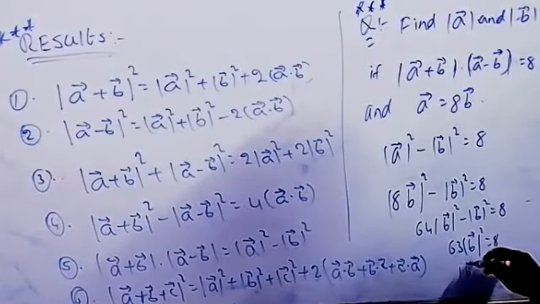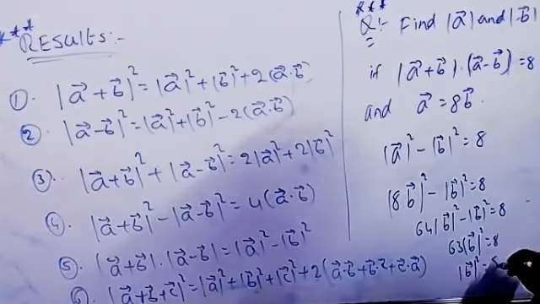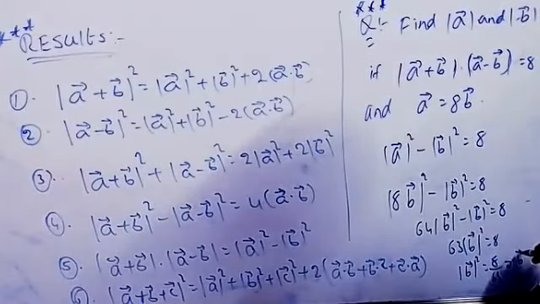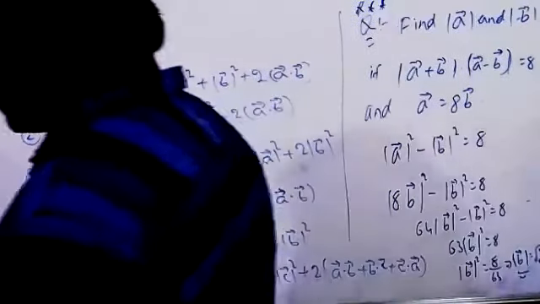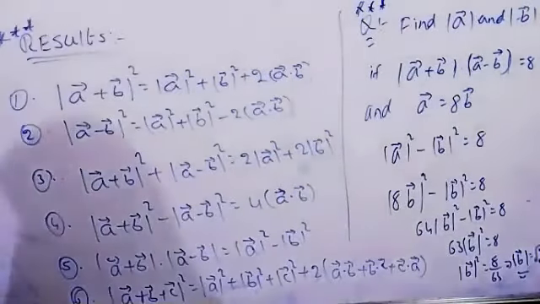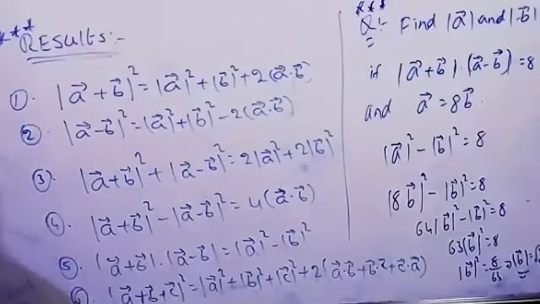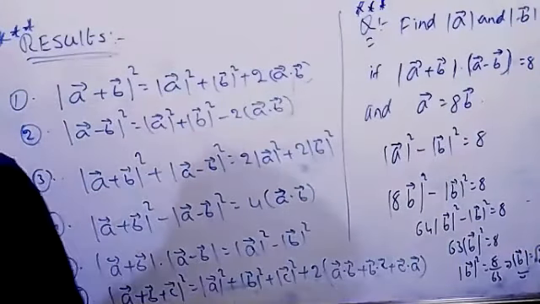Then you can write the magnitude of B square equal to 8 by 63. That implies the magnitude of B equal to square root of 8 by 63. One of the values. And this you can substitute in this equation, A is equal to 8 into B. Then A also we will get. And if you still need to simplify, you can simplify it, not an issue.